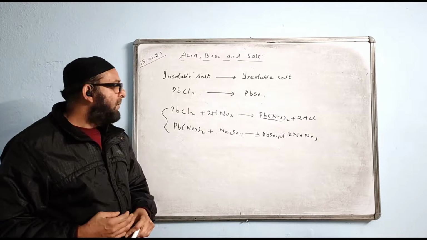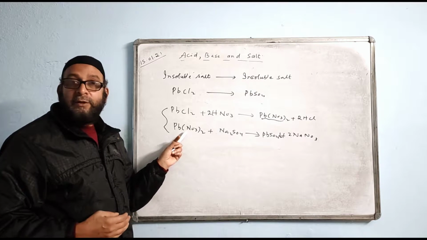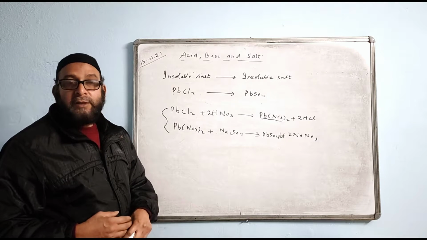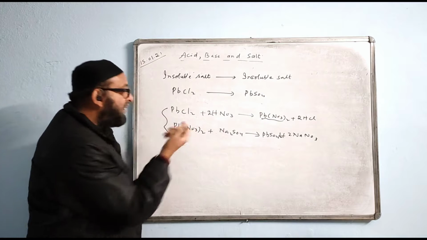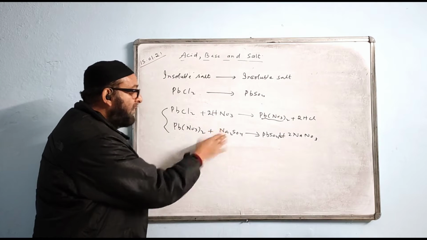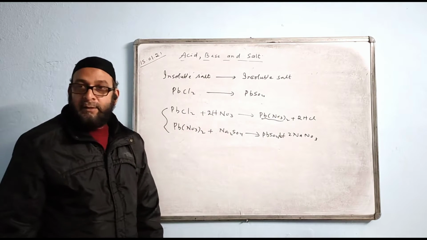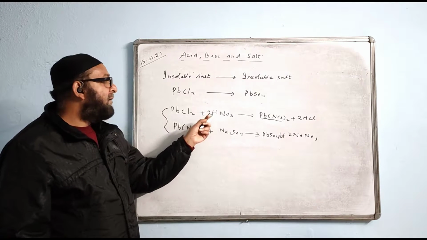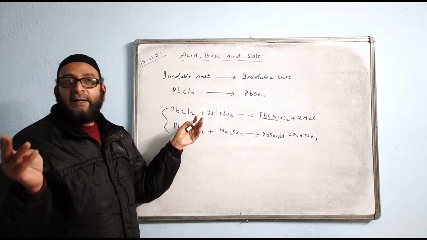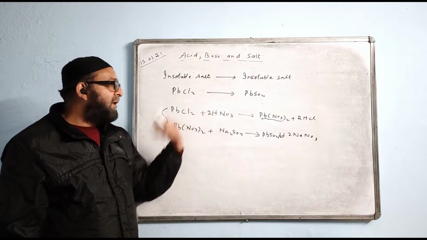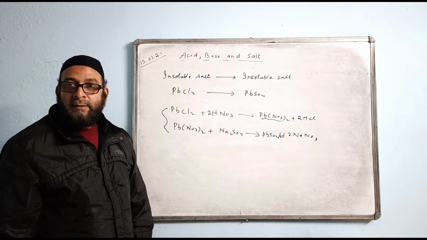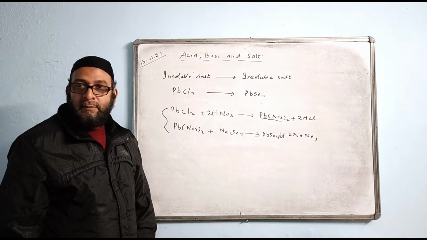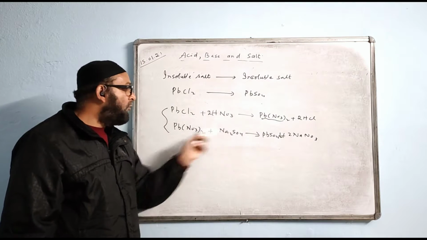You have to change to nitrate because the double decomposition reaction goes with nitrate, no? I told you, for double decomposition you need to have something in nitrate, and something in sodium, potassium or ammonium. Here the base is HNO3, you can take even NaNO3, some nitrate you can take. But nitric acid is the best one. Change this into nitrate form first and then go for double decomposition.